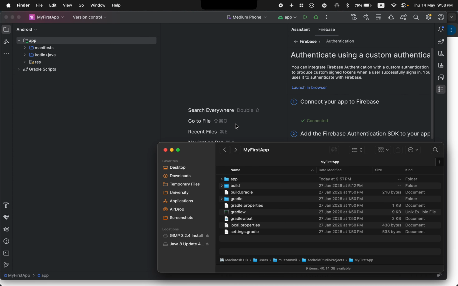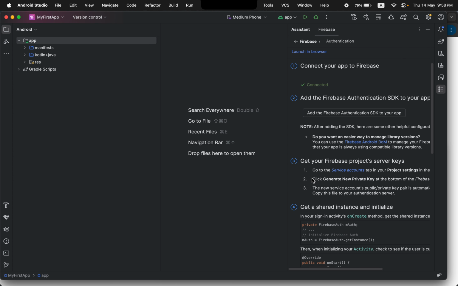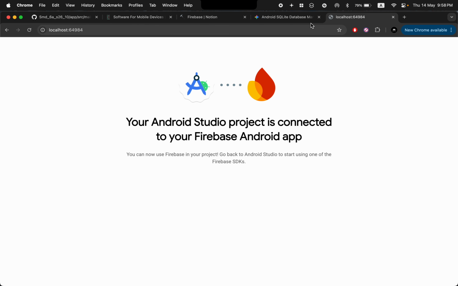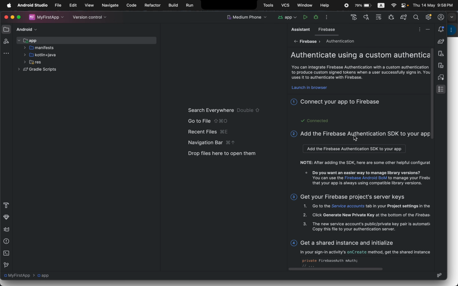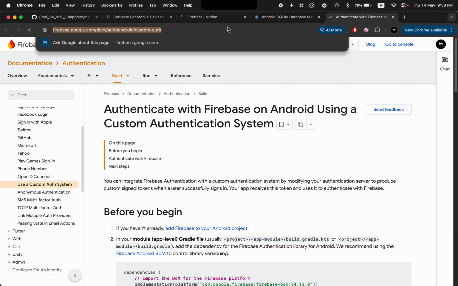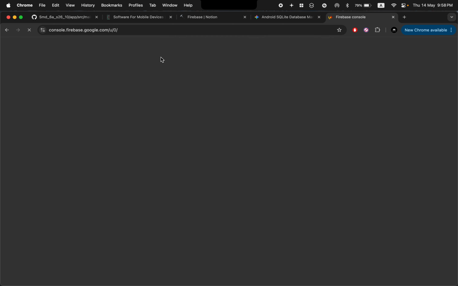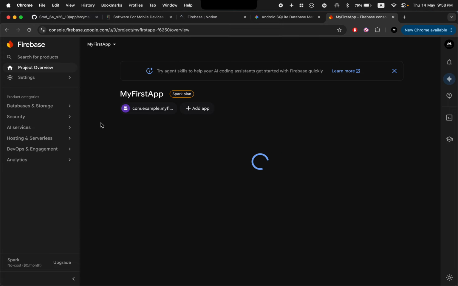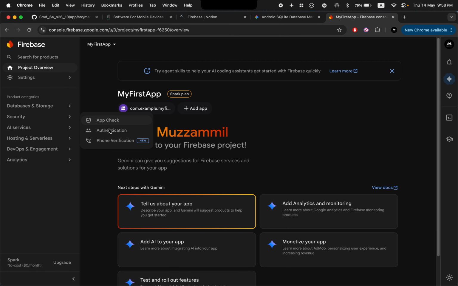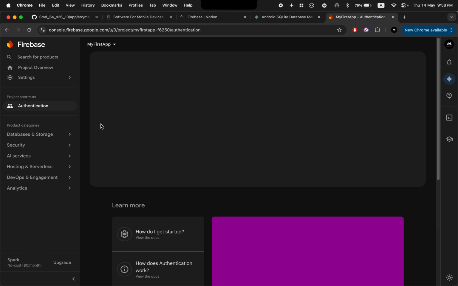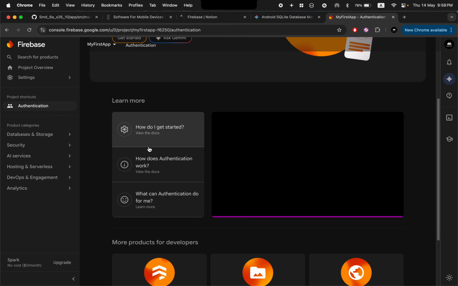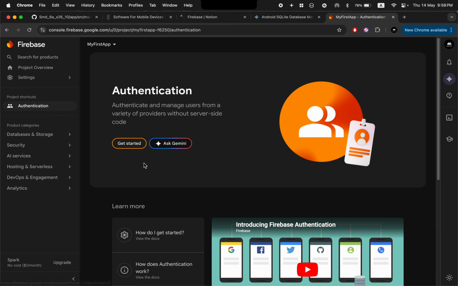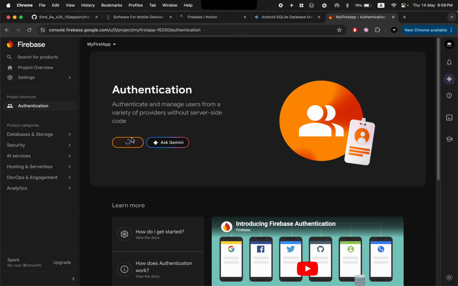Right? Okay. And once you've connected your Firebase, you're almost halfway there. Now we'll set up Firebase Auth using the Firebase console, right? So let's head to the Firebase console, and let's head to our my first app project, right? And let's go to security, authentication, and we click on get started,